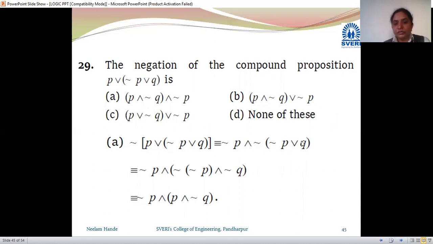The negation of or statement is negation first and negation second. So negation of first and negation Q. This is as it is, but negation of negation P and negation Q as it is. So this is your correct option. You can see this is here at option A. Just the placing. This we have placed first and this is second. So your correct option is option A.